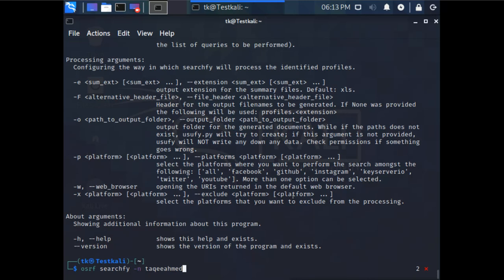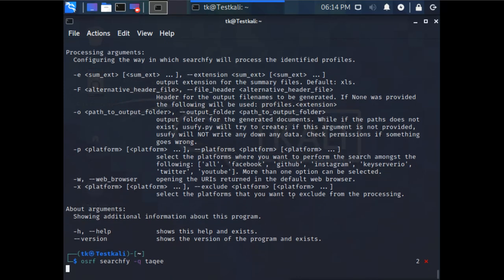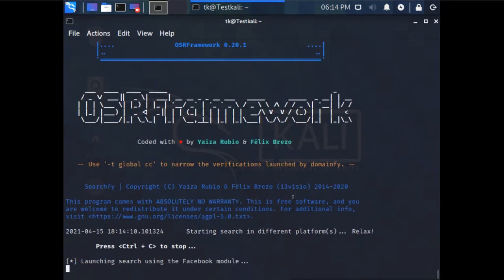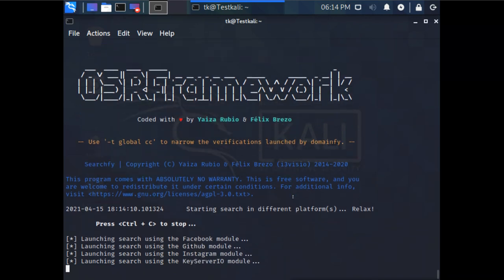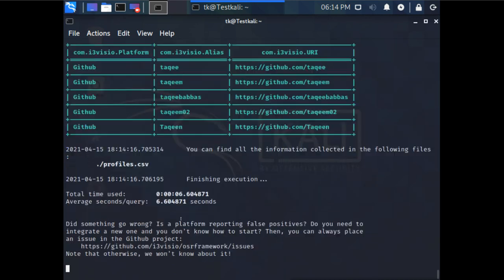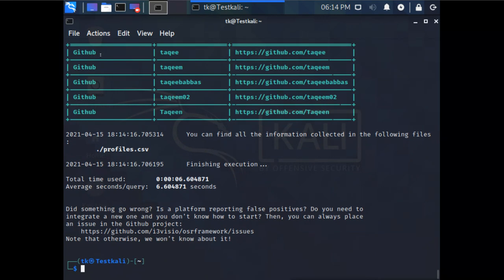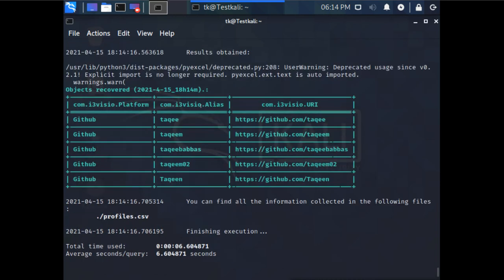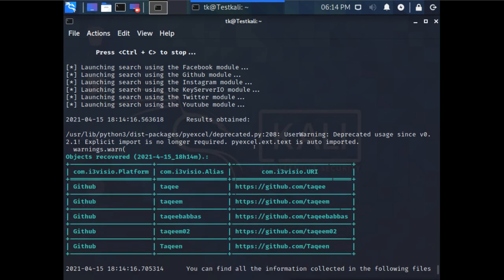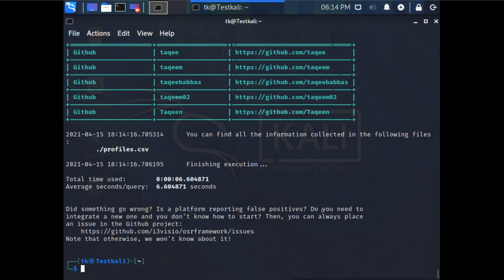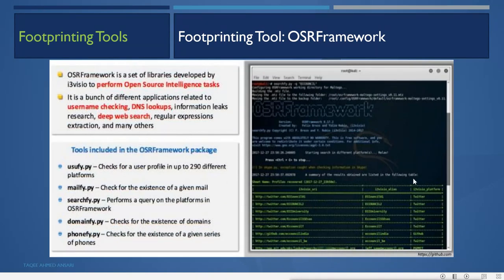Now search.fi will not go with N, it will go with Q. So you see it is searching these Facebook and all these, and what it found here, it is having these accounts with these names. These are possible matches with these names on these platforms. So this is also good for finding the people and information about the domain and other things. And then there are other tools also available.